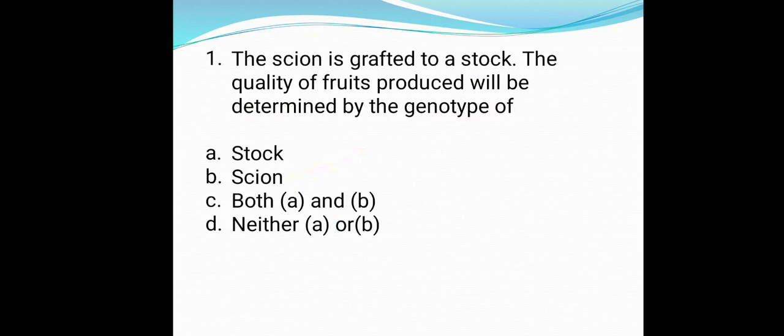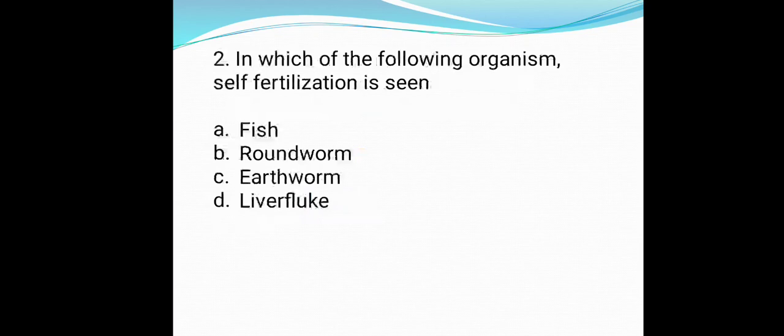Let us see the second question. In which of the following organisms is self-fertilization seen? In the given options, you can see fish, roundworm, earthworm and liver fluke. Self-fertilization means the fusion of male and female gametes produced by the same individual. So it occurs in bisexual or hermaphrodite organisms. In the given options, liver fluke and earthworm both are hermaphrodites, but self-fertilization is seen only in liver fluke,